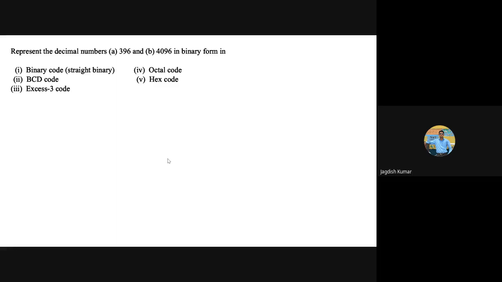Binary code will take a little longer. You have to do division, right? Then BCD is simplest, I think. So you can write down BCD and XS3 code. By trying these examples, you can understand how we can convert any decimal number to any of these codes which we discussed today. I'm sure you all will be in a position to get this done. You can note the assignment, or this is an exam homework. In the next class, I will ask about this.